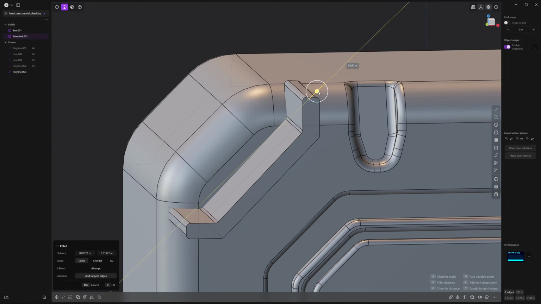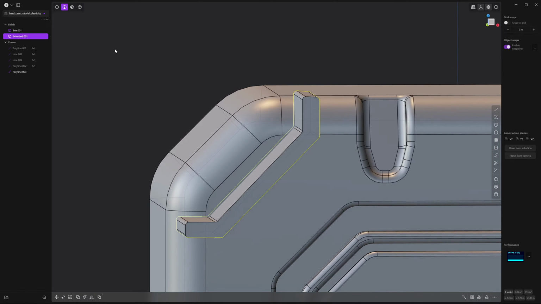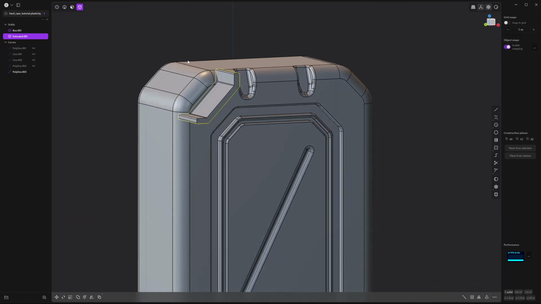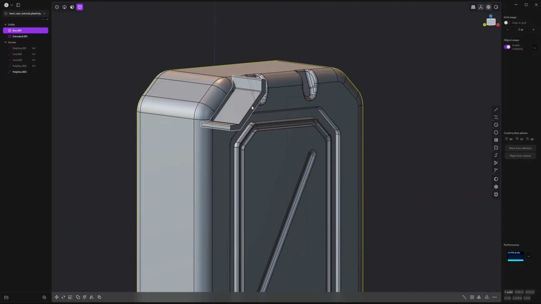So if you pull it up, you'll get a bit of a fillet. Just a tad. Right click to accept. And press 4 to go to body mode so you can create a Boolean. Select the main body and shift select that new one. Press Q and right click to accept.